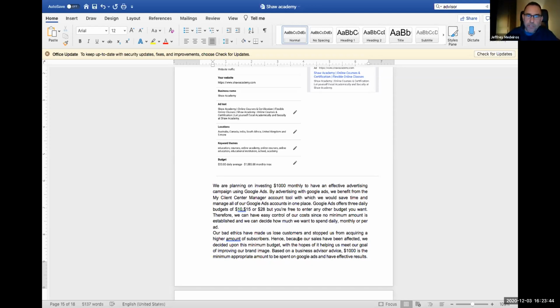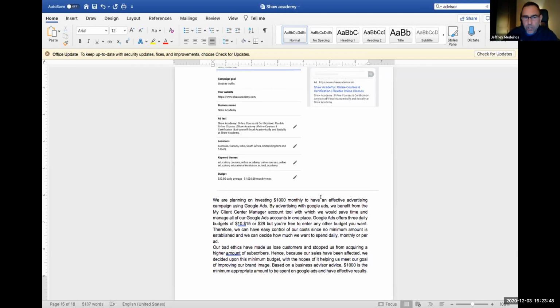Let me point out though that even if you don't know, because you're not Shaw Academy employees and you probably don't have access to the confidential data that they wouldn't share with you, like how many customers they actually lose as a result of some of their behaviors. But you can predict that. You could assume a number that we lose so many, and then from that, you could say, okay, what's that worth to our business if we lost maybe 5% or 10%? Or you could do some research and find out how many